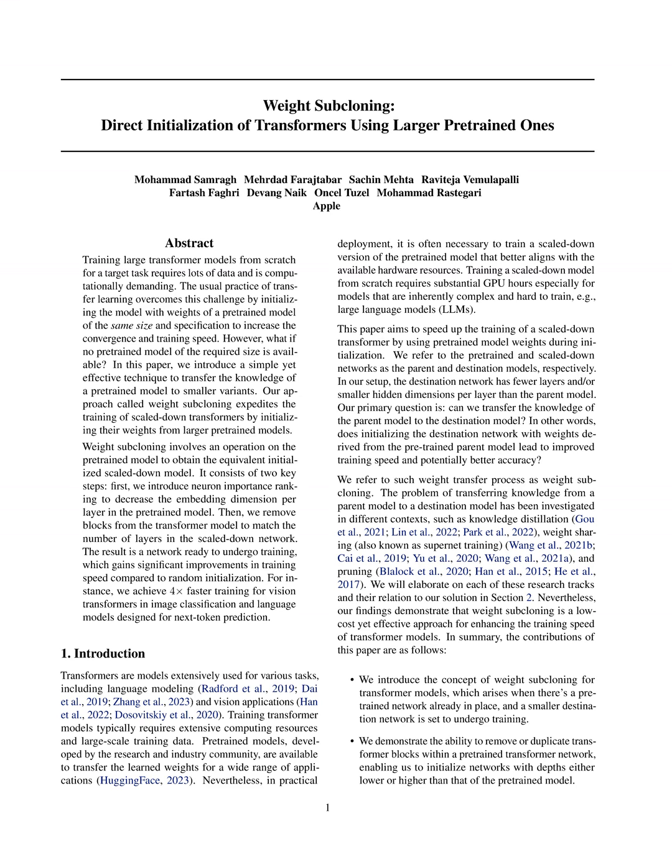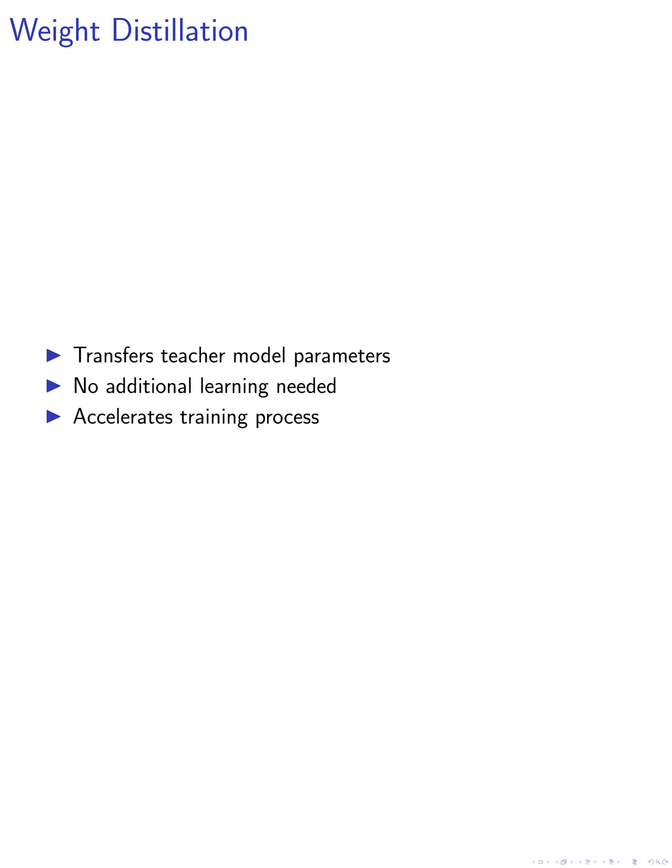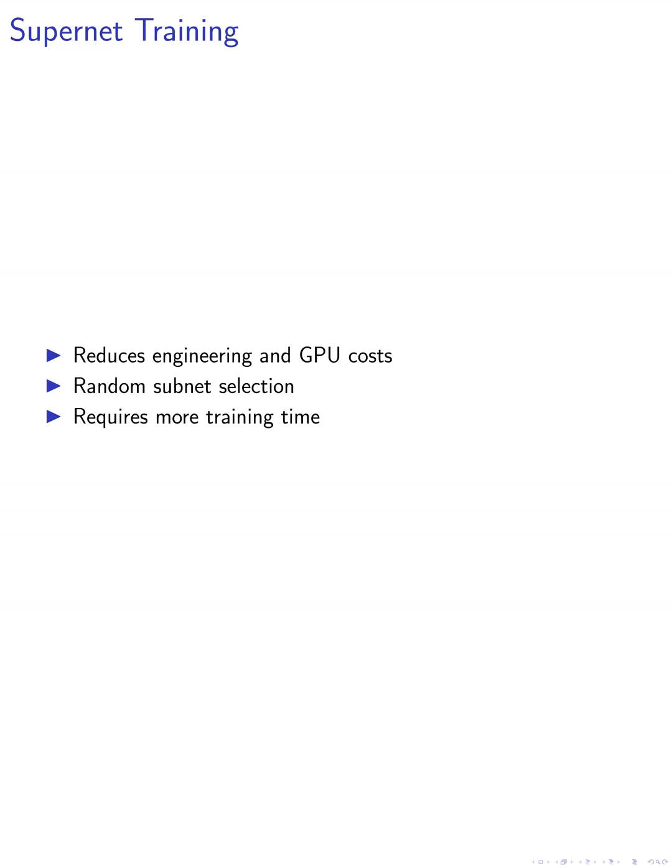In this paper, we introduce a method known as weight distillation for transferring the parameters of a teacher model directly to a student model. This technique eliminates the need for additional learning during parameter transfer, thereby accelerating the training process. We demonstrate that the function used to map parent to destination parameters can be as simple as cloning with minor modifications. We also employ weight sharing and SuperNet training to reduce the engineering and GPU resource costs associated with architecture